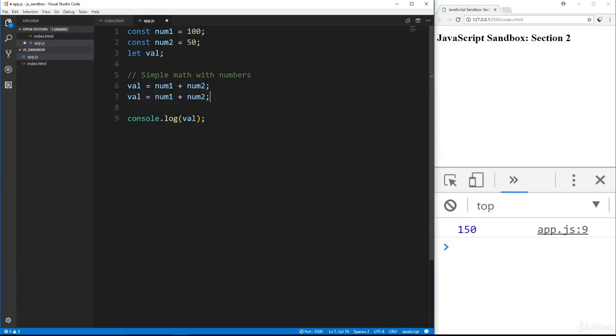So in addition to addition, of course, we can do, let's say, multiplication. Save that, we get 5,000. Let's do subtraction, we get 50. Let's do division, we get 2, and let's do the modulus operator, which will basically give us what's left over as a remainder. So if we save that, we get 0. If I were to change this to, let's say, 60 and save, we're going to get 40. I don't actually use this modulus that much, but those are the basic